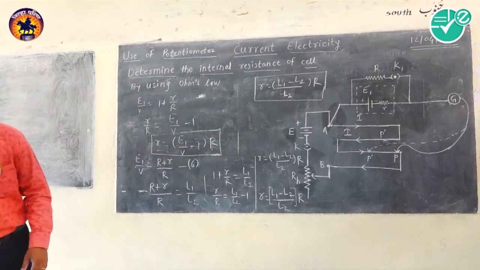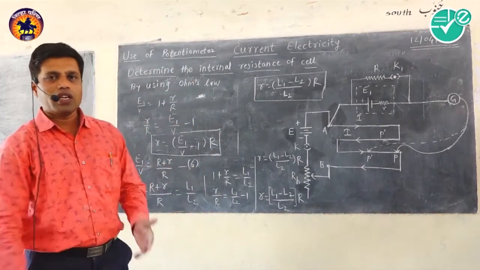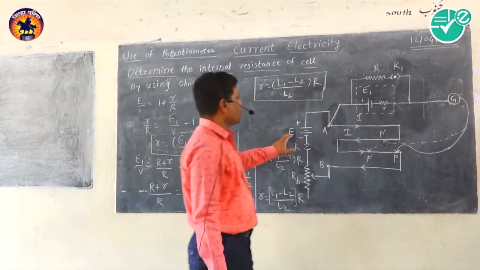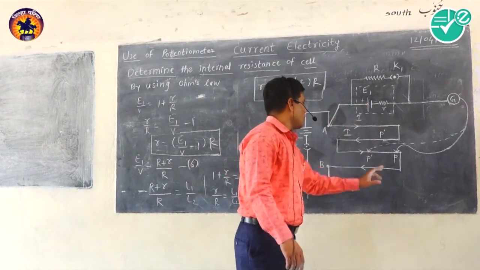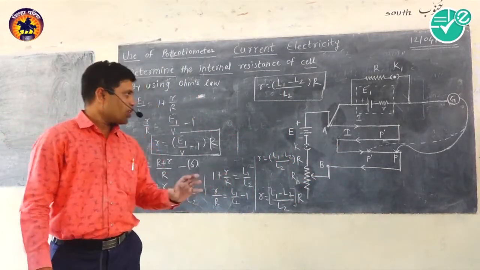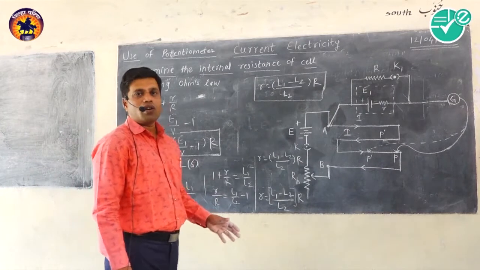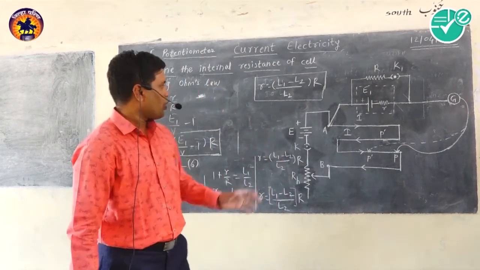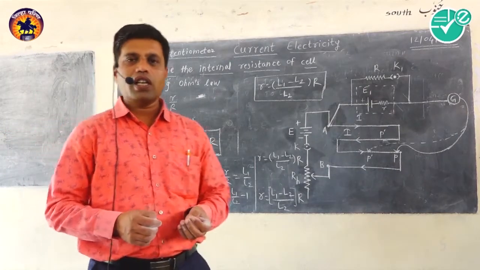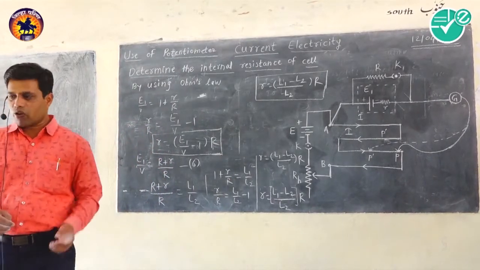Here also we have to take the precautions which I have explained in the earlier lecture: E should be greater than E1, the wire must be uniform, and it must have high resistance. If you take these precautions while doing this experiment, then you will get the internal resistance of a cell using the potentiometer with this circuit arrangement. With this we stop this article, and the next article, that is advantages of potentiometer over voltmeter, we will take in a short while.